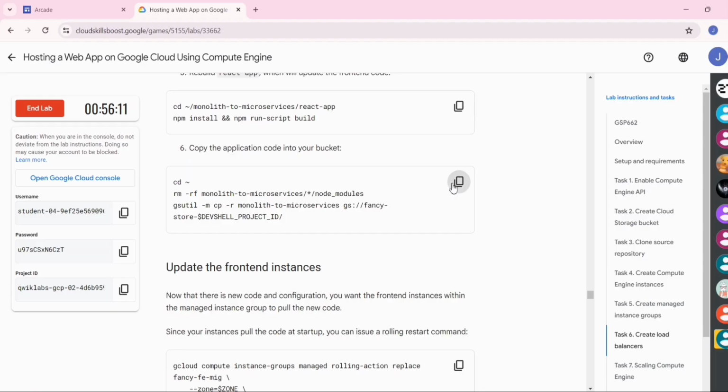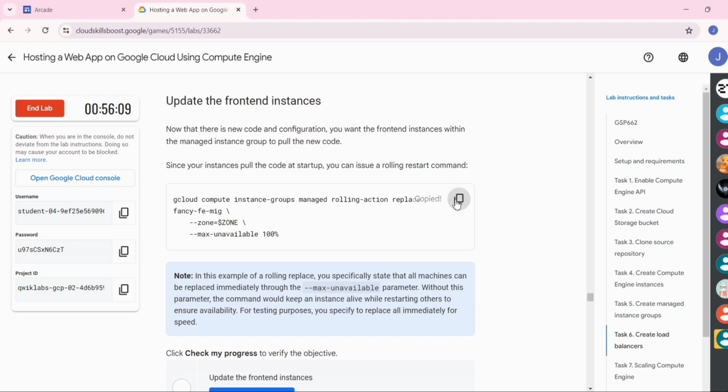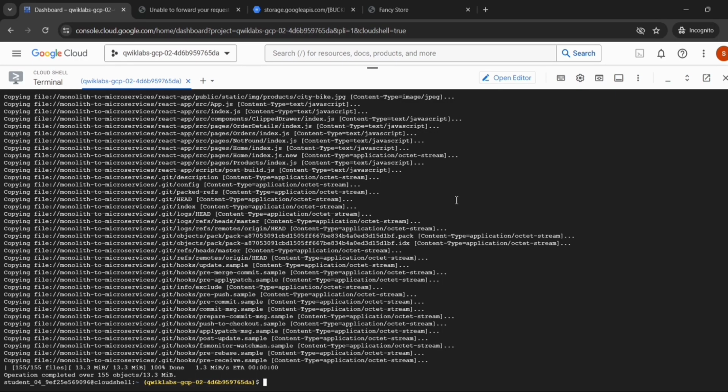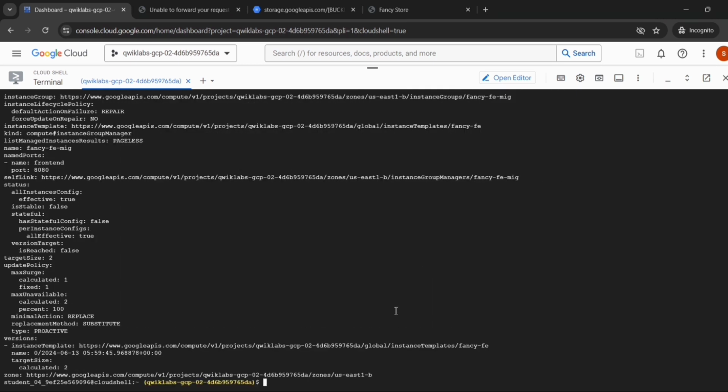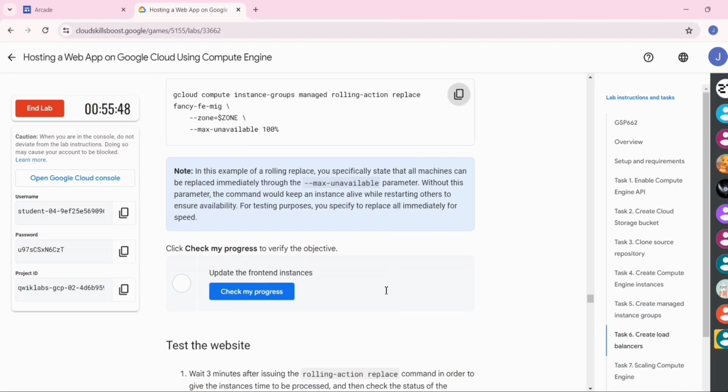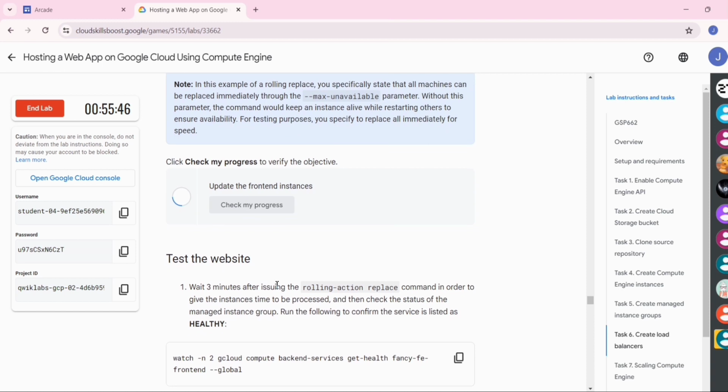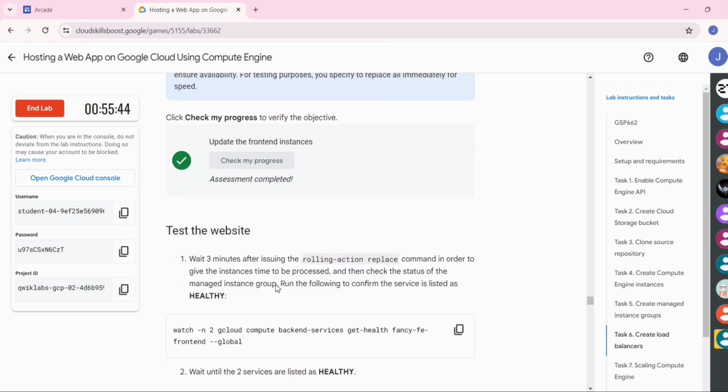Now go back to the lab instruction, copy this command, paste it, then press enter. Now go back to the lab instruction, click on check my progress, you will get a green tick here.